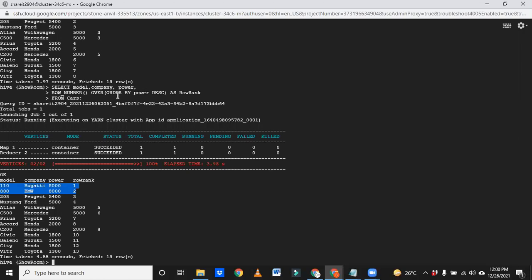In this order by, in place of power, you put update date descending, then where rank is equal to 1. When you write that condition, let us assume these two are the same records but the update date column is different. For this it will give 1, for this it will give 2.